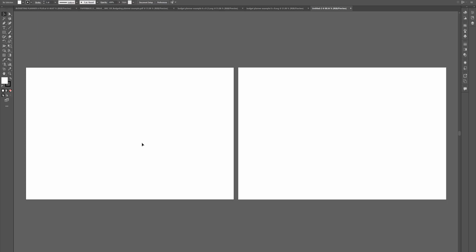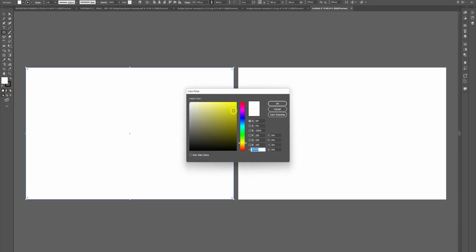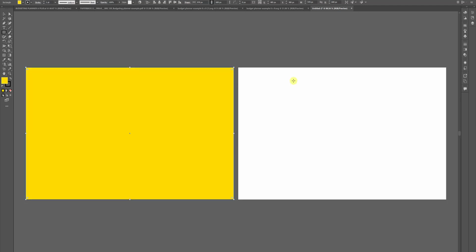Okay, so first of all, we'll just choose a color for the background. So we'll click on the shape tool, rectangle tool, and we'll drag it from the top left to the bottom right. And then you can add a color. So this is just a quick example. So we'll just go with yellow because that's the money on the side color. Okay. And then we will copy that and put it on the other artboard